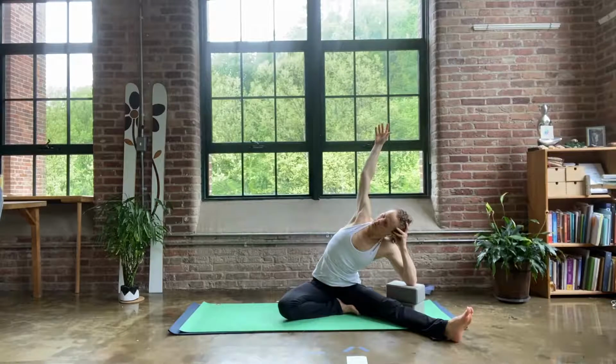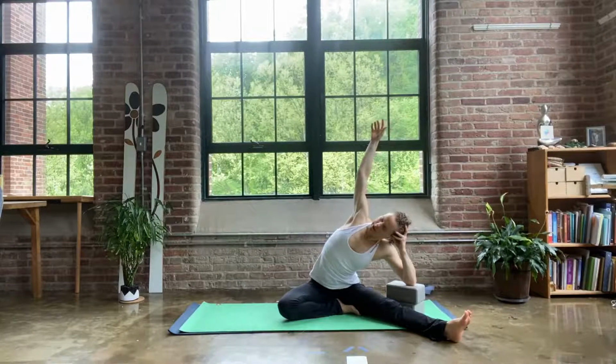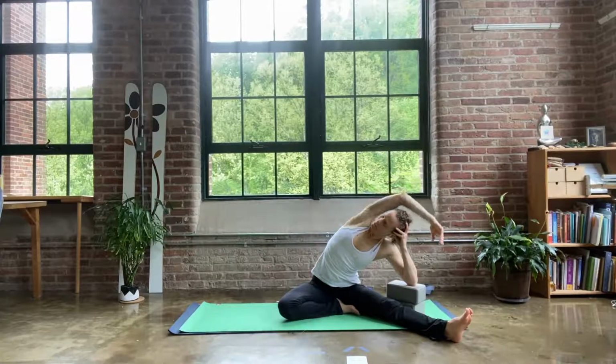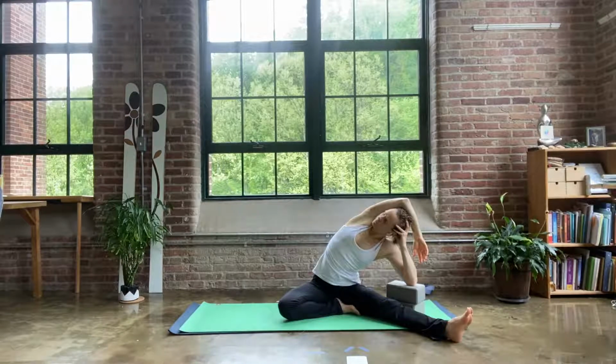Rest in your hips. Notice if it's easier to drop the left hip, and see if you can make it equal. Drop the right hip right out of your right shoulder. And then bending the right elbow so that the right arm rests at the right ear. And there is no work except to release the grip that you can discover